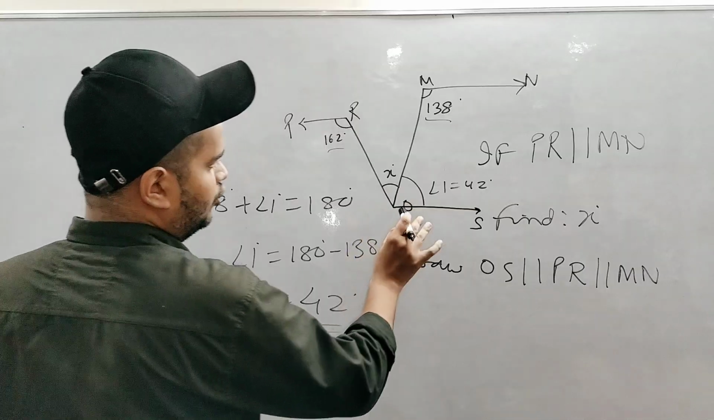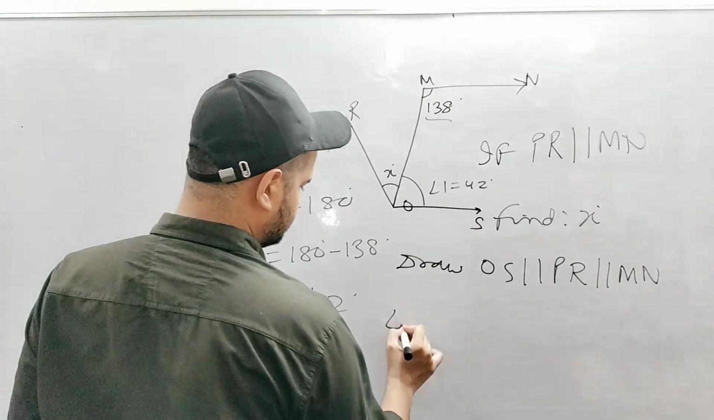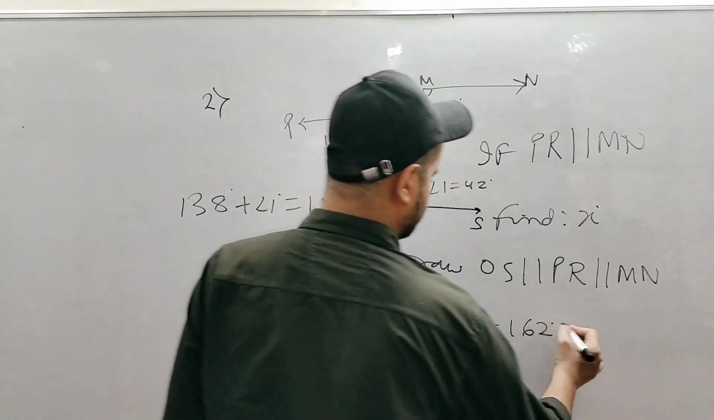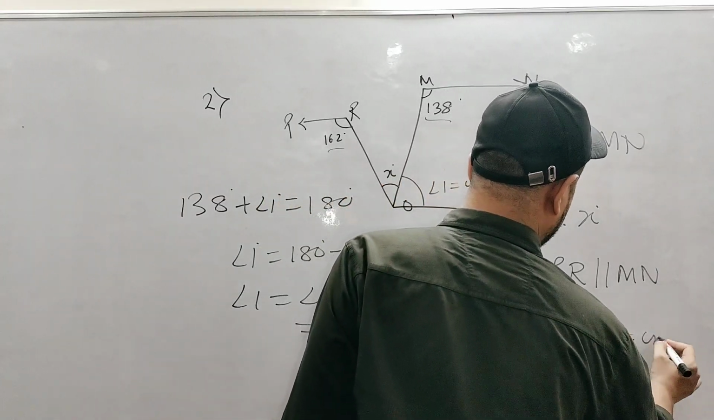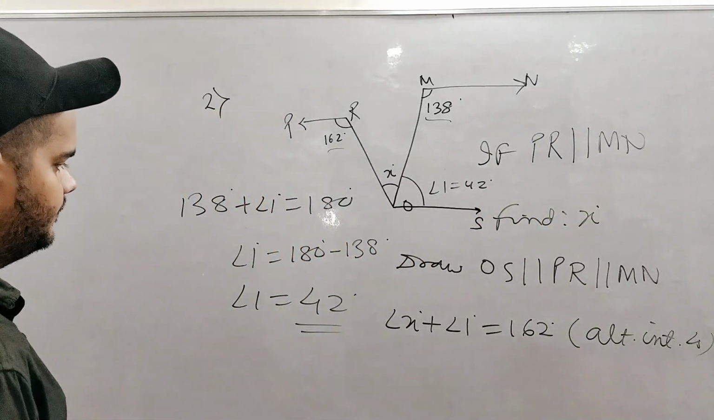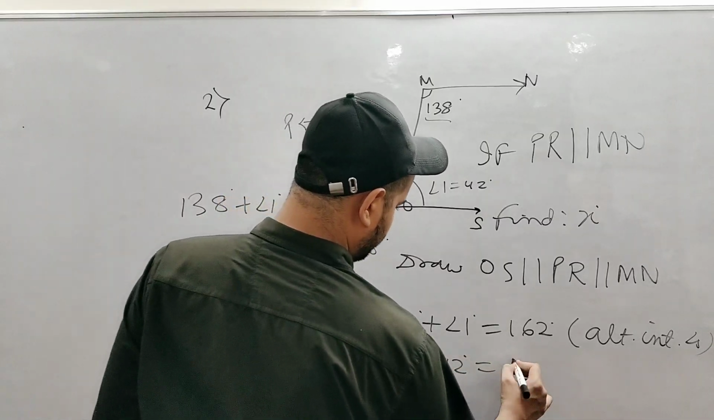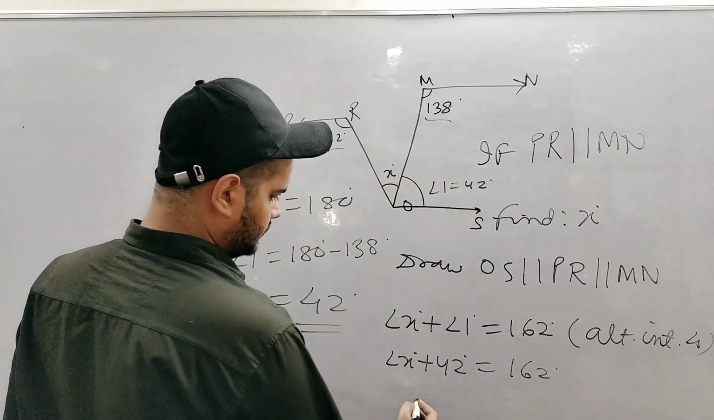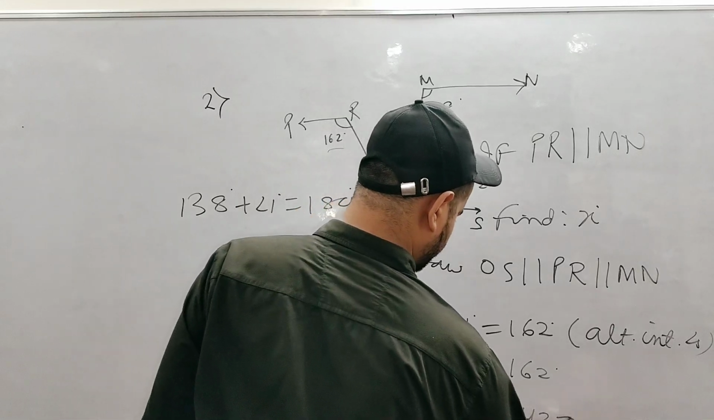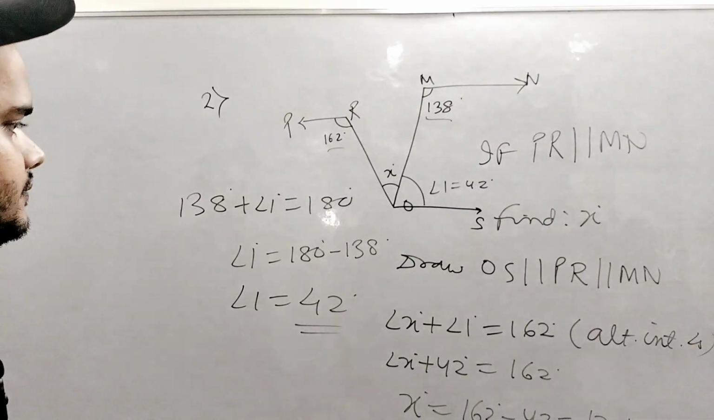नाउ दिस PR इज ऑल्सो पैरेलल टू OS, सो ये जो एंगल है ये Z बना रहा है, सो आई कैन से दैट एंगल X प्लस एंगल 1 इज इक्वल्स टू 162, ऑल्टरनेट इंटीरियर एंगल्स। ठीक है, तो 1 तो 42 डिग्री है, तो X प्लस 42 डिग्री इज इक्वल्स टू 162, तो यहाँ से वैल्यू ऑफ X 162 माइनस 42, 120 डिग्री आ जाएगी। ओके, नोट इट डाउन।